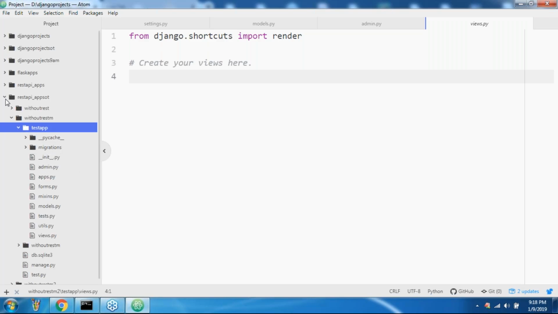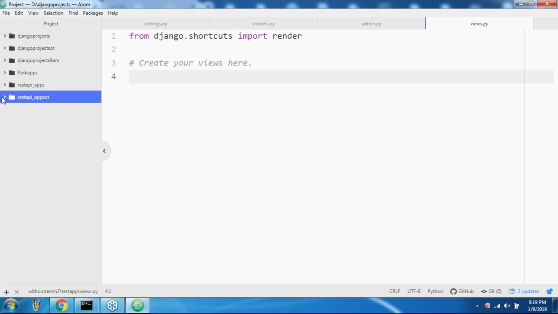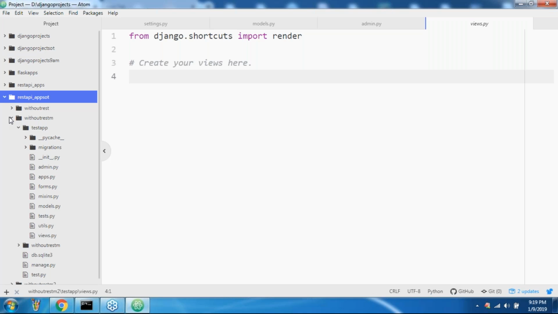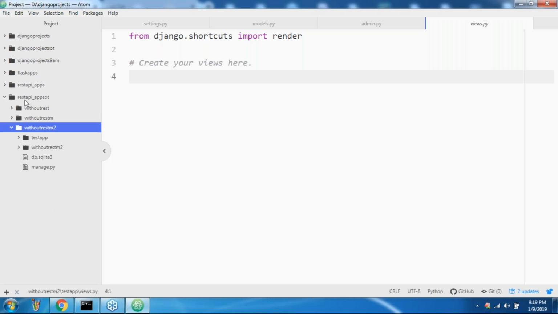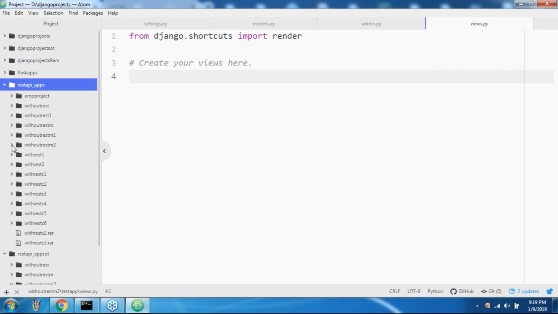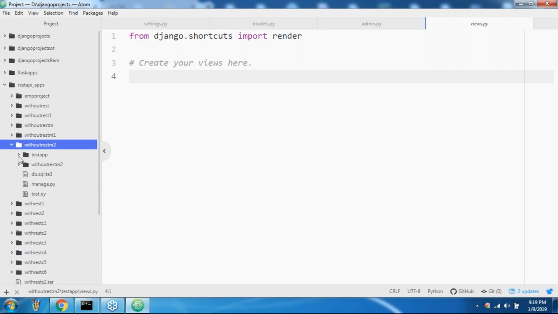Or otherwise, let me open my classroom application only so that you can get much clarity. Here the REST API apps, without the REST M2, like this I'm taking, sir.